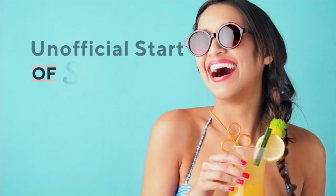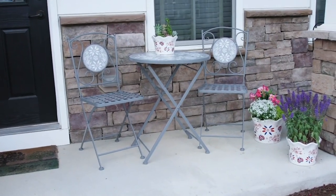This is that Mosaic Bistro set. So it's comfortable, it's pretty,